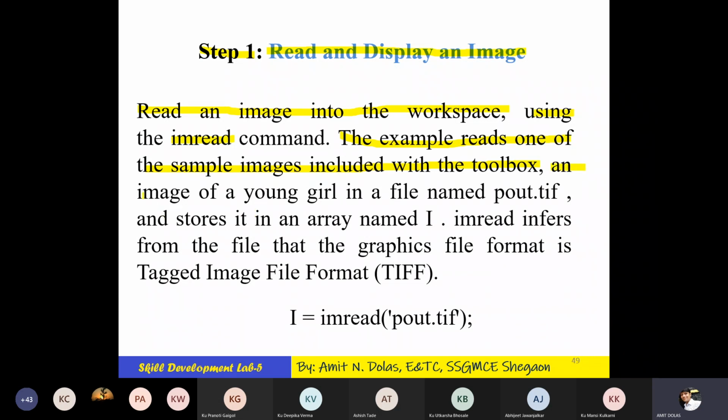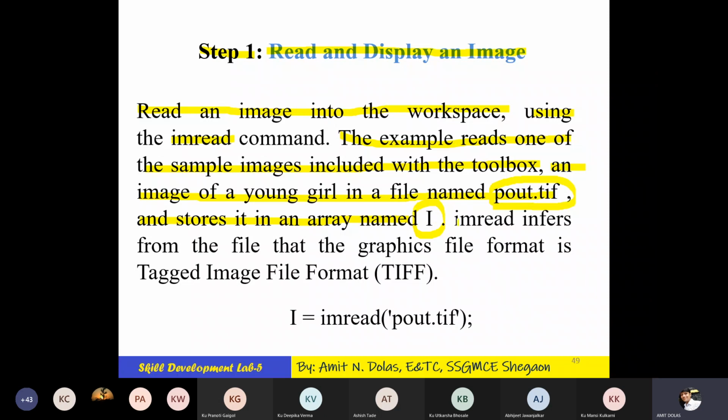Then an image of a young girl in the file named pout.tif. We'll be using this image pout.tif from the MATLAB library and store it in an array named I, because the image is there, but we have to store it digitally. It will have certain numbers, of course.